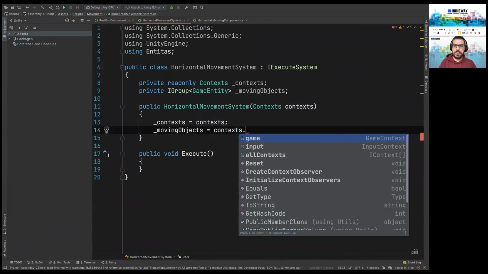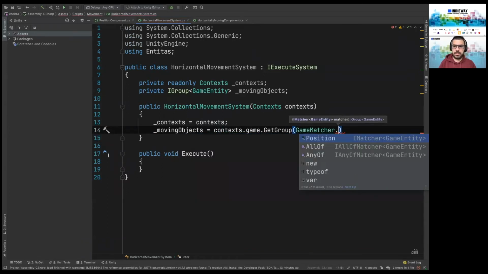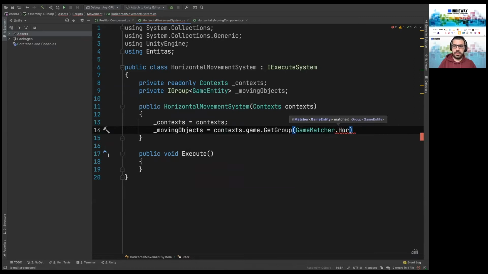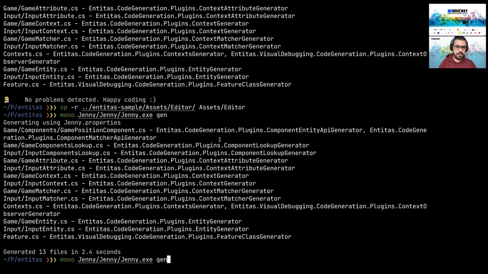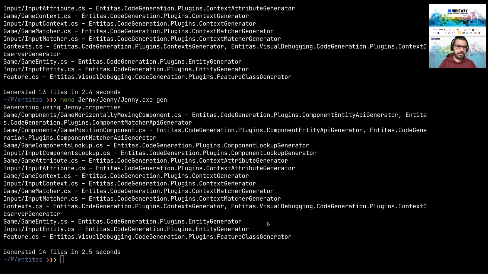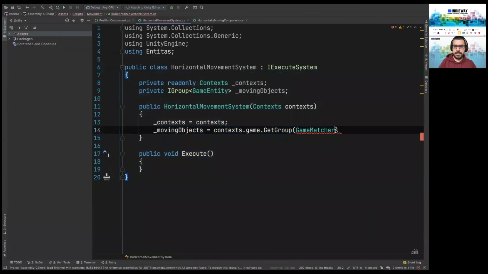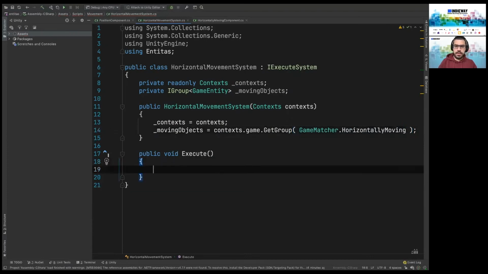I have the constructor. Okay, I've created my group.